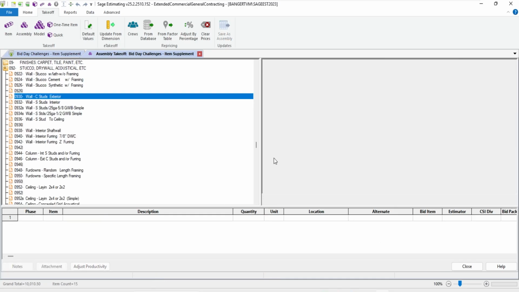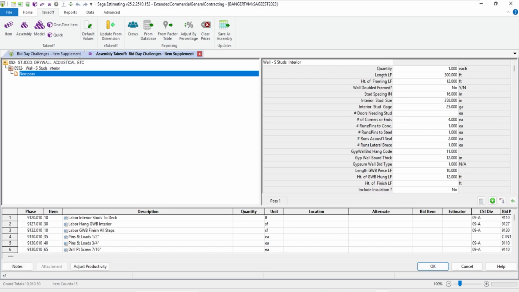So I'm going to say that's good at this point, and go to my interior wall. We'll do something similar there. Maybe I've only got a couple hundred foot of interior walls. 3 5/8, 25 gauge. Let's say I've got some doors there, 20 gauge on them. Corners range, we'll just say 4 again. No extra rounds there.